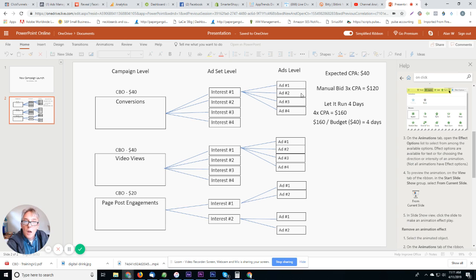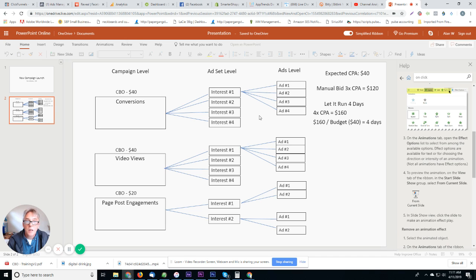So there will be 4 ads within each ad set, right? So these same 4 ads, using the post ID so that we maintain our social proof across all the ads, are going to be copied over into ad set number 2, number 3, and number 4. There isn't room on here, but within each interest there's going to be 4 ads. So there's going to be